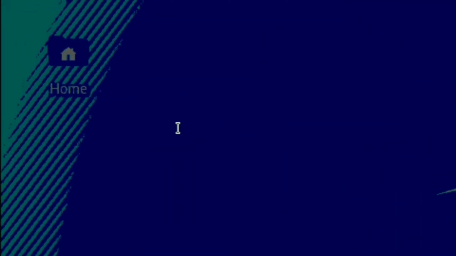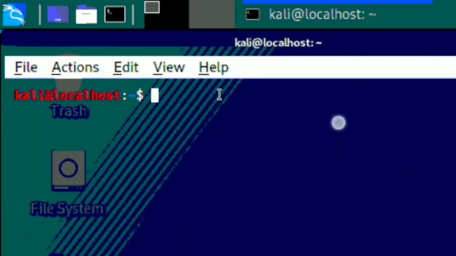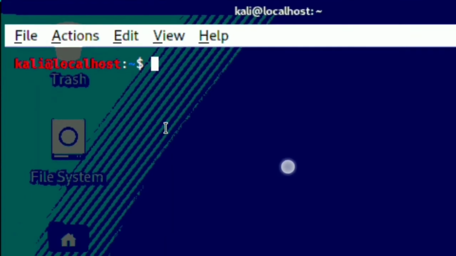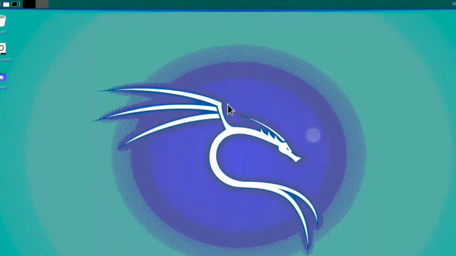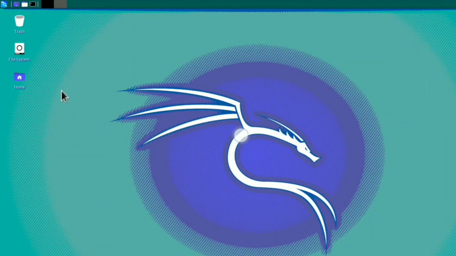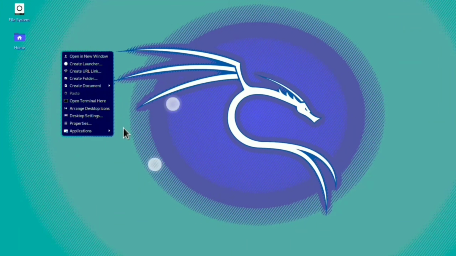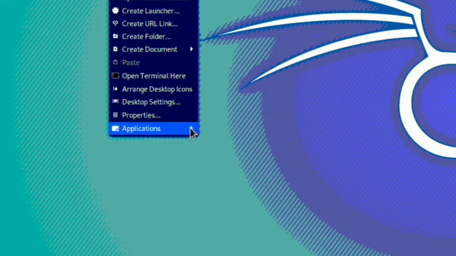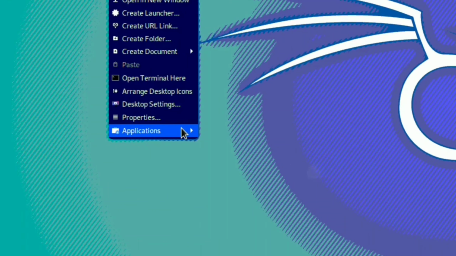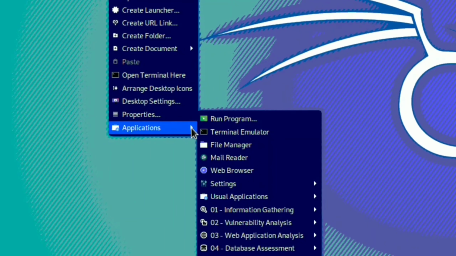You will feel some lag here, but it will be fixed in upcoming updates, so no issues. You can see the terminal emulator is opening. So you can use this software to get the Kali Linux experience. Many people are asking me about the browser not working in Kali Linux. So let's check whether the browser is working or not. If not working, then we will install Firefox.